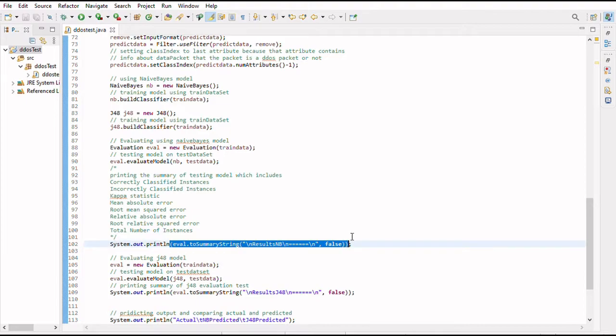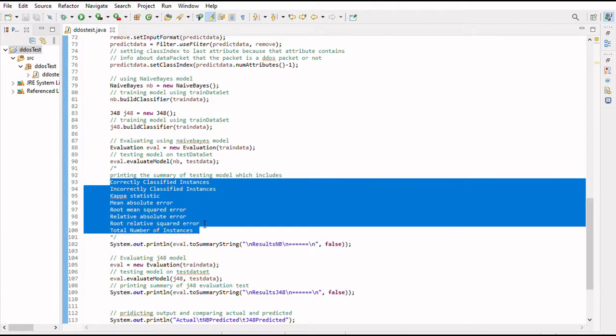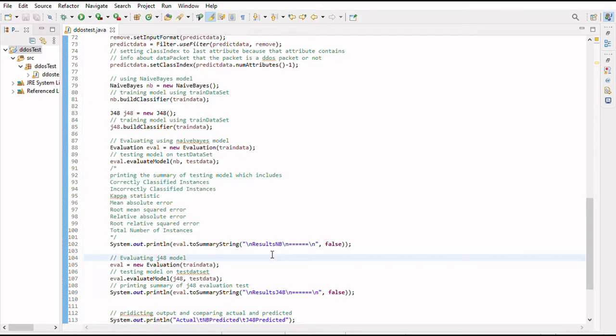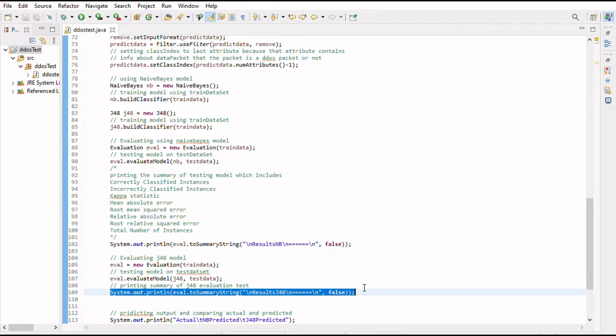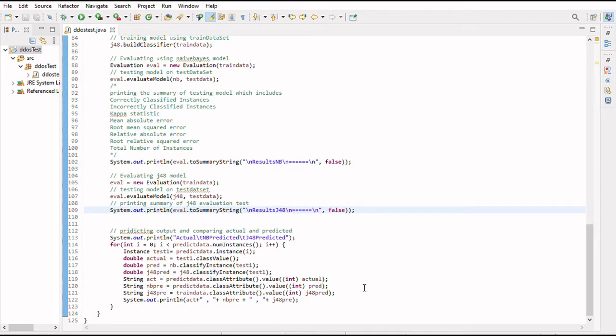It will print the number of correctly classified instances, number of incorrectly classified instances, kappa statistic, mean absolute error, root mean squared error, relative absolute error, root relative squared error, and total number of instances. Similarly, we evaluate the J48 model and print the same summary result. Now we predict and compare actual output with predicted output.